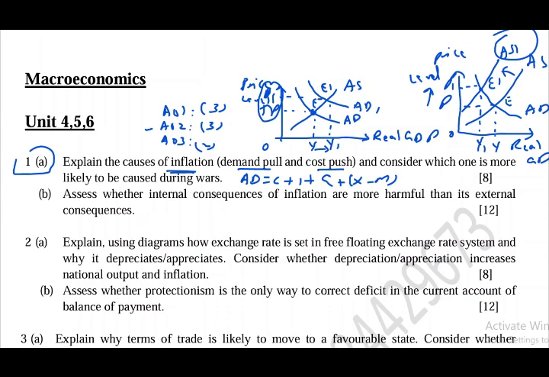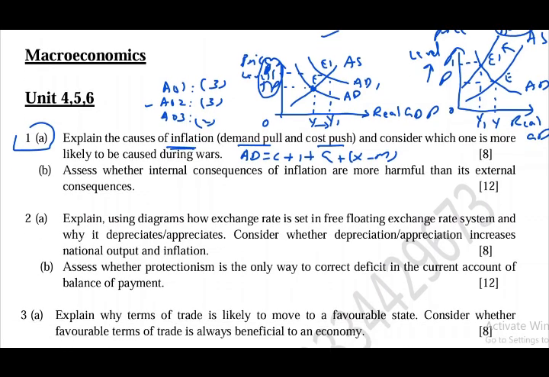So if the country is directly affected by war, then cost push inflation is more likely, but if the country is not affected by a war directly, then demand pull inflation in that country may also occur, because in the countries that are producing war weapons, aggregate demand may rise because they will be able to sell more weapons or war deterrents in the world. So their aggregate demand may rise. So it depends on whether the country is directly affected by the war or not.